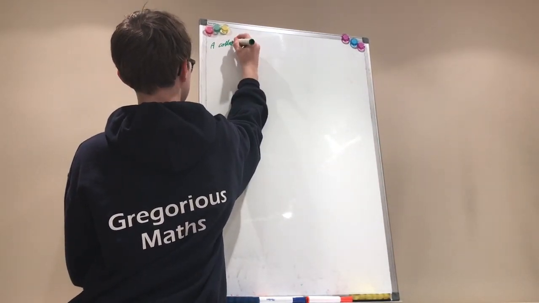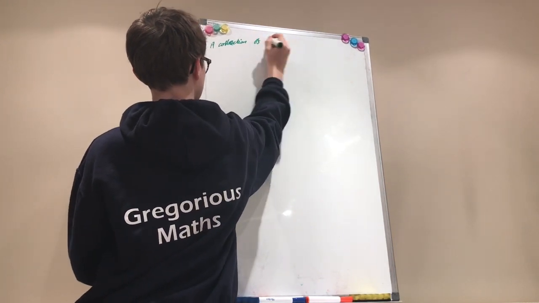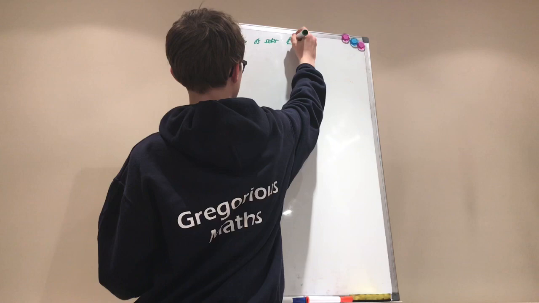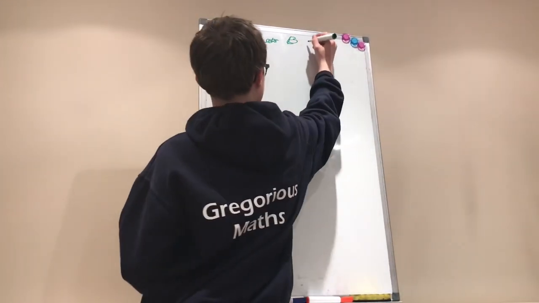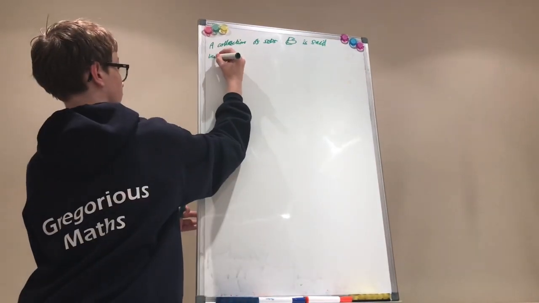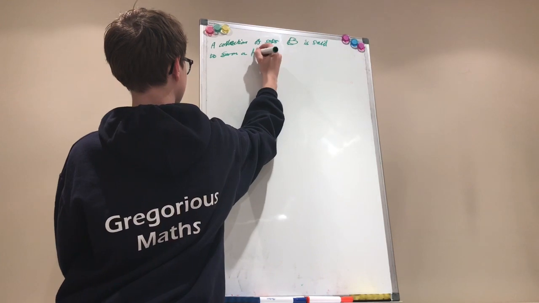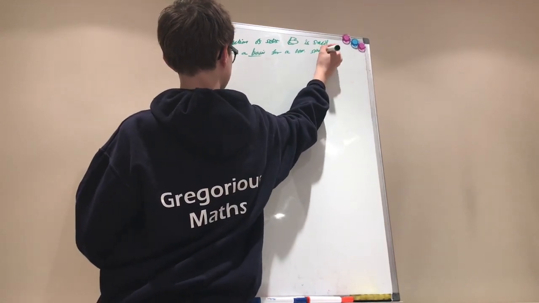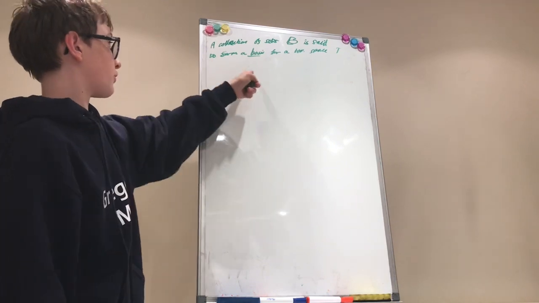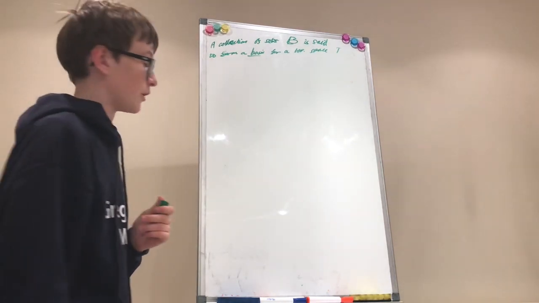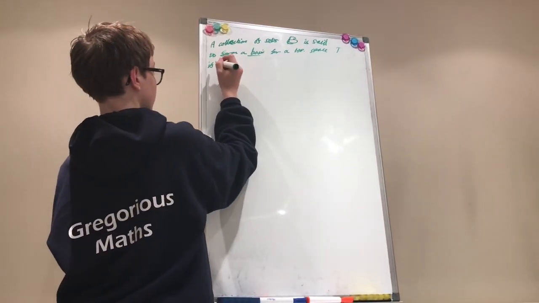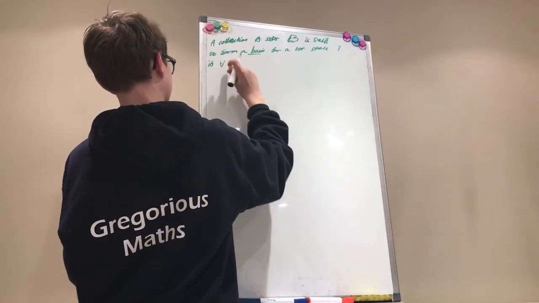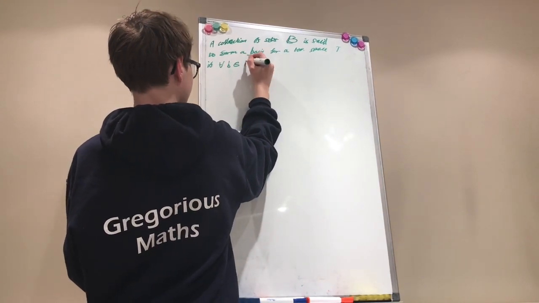A collection of sets, let's call it B, is said to form a basis for a topological space T if, for every b, let's call it lowercase b so as to avoid confusion, for every b in the basis,